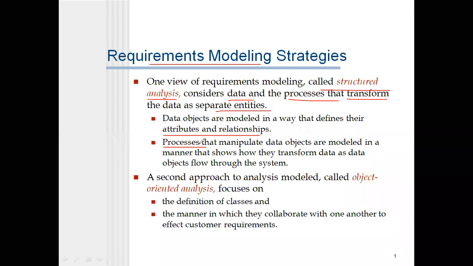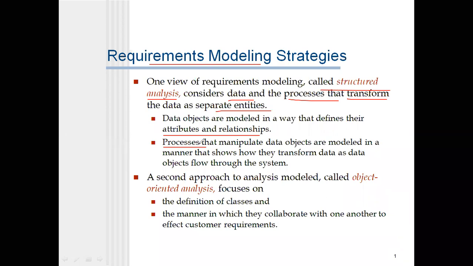What are the attributes if we have a problem statement to calculate the area of a rectangle? Area of a rectangle compulsorily needs some attributes, and those are length and breadth here. So the attributes and the relationships, those two are the data objects for calculation of the area of a rectangle. What is the process here?